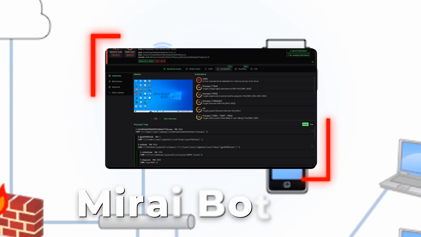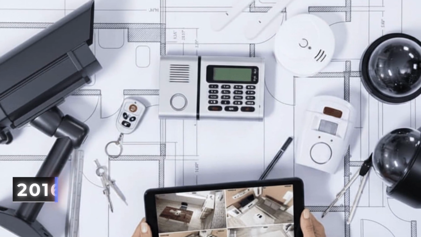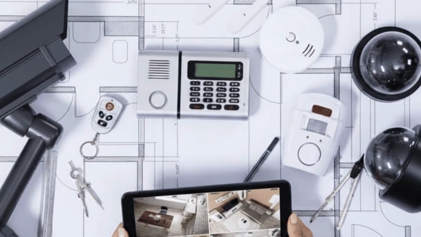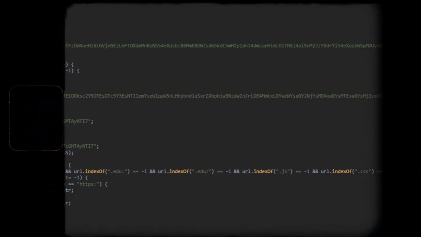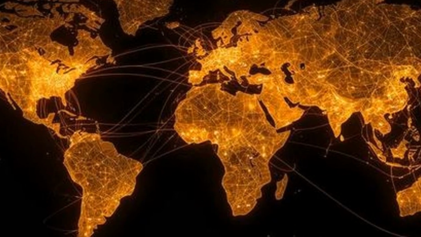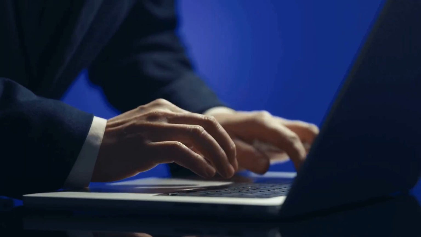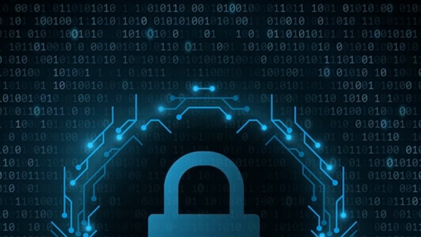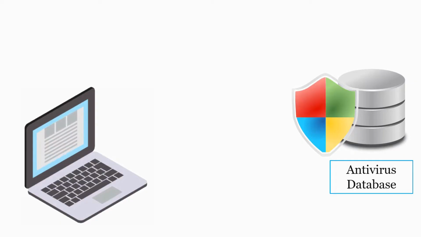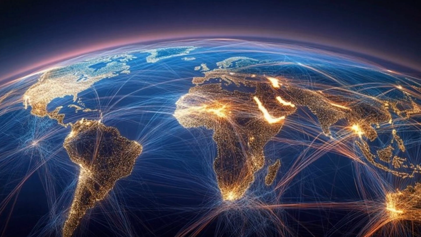Mirai is still the textbook example. Found in 2016, built to hijack exposed smart cameras and home routers, and after its source code leaked online, variants of it were behind the attack that knocked a huge slice of the internet offline that same year. Mirai-based botnets are still active today. Persistence solves staying on one machine indefinitely. It doesn't solve the bigger limitations sitting underneath every level so far. All of it still needs one victim at a time.